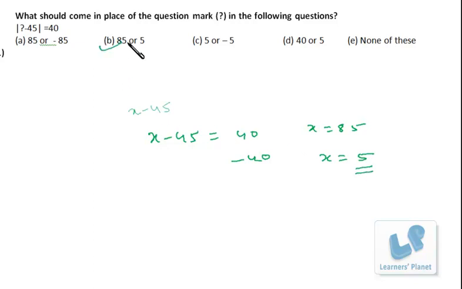Once you are clear with the modulus concept, you can directly put the value of the unknown, that is x, over here and get the answer as 40. So 5 minus 45 will give you the value 40, and 85 minus 45 will also give you the value 40. So no paperwork is required at all if you are conceptually clear about modulus. If x is equal to plus or minus 1, then mod of x is equal to 1 only.